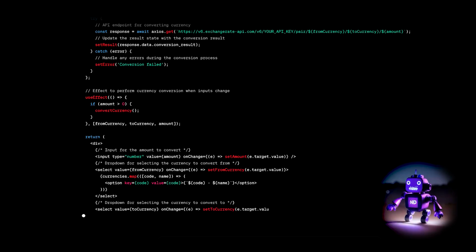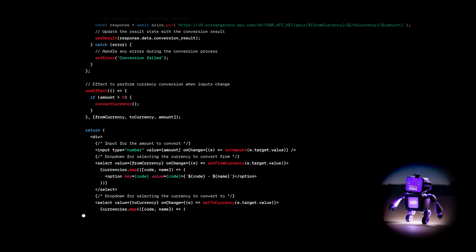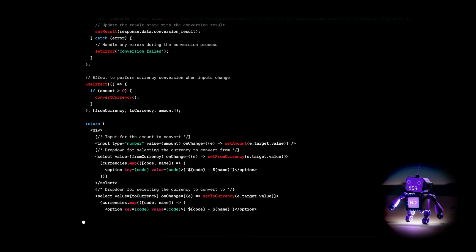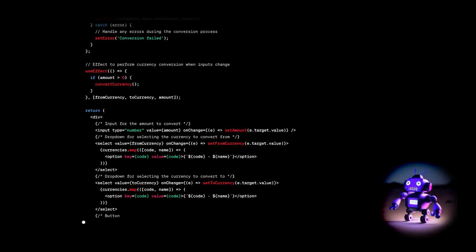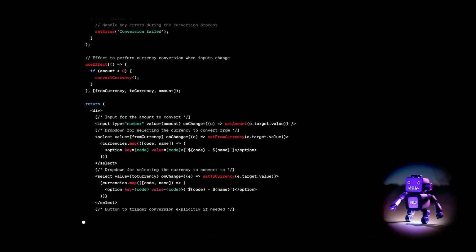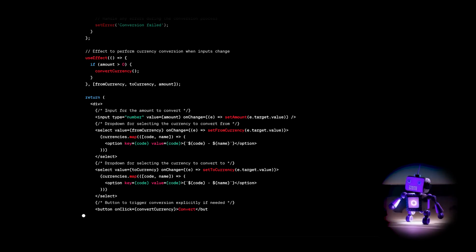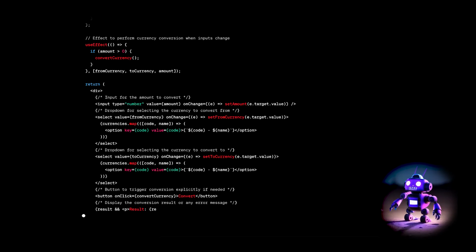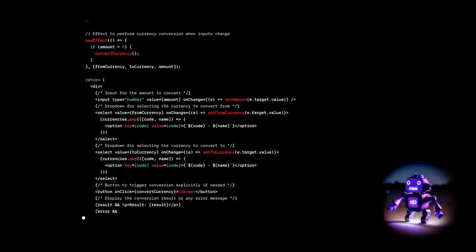Rendering the component's UI, we craft an interactive interface that allows users to input the amount to convert, select currencies, and initiate the conversion process. This section bridges the gap between the application's logic and the user, creating a seamless and intuitive experience. The dynamic rendering of conversion results and error messages further enhances the application's interactivity, providing immediate and relevant feedback to